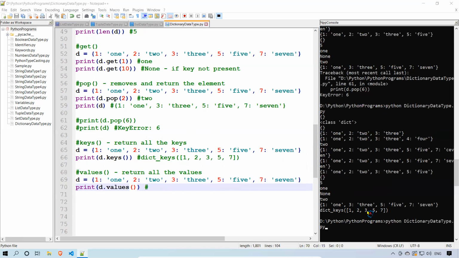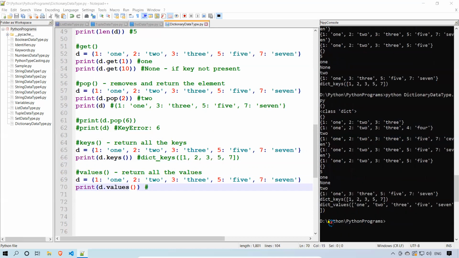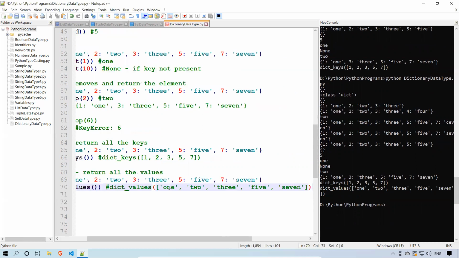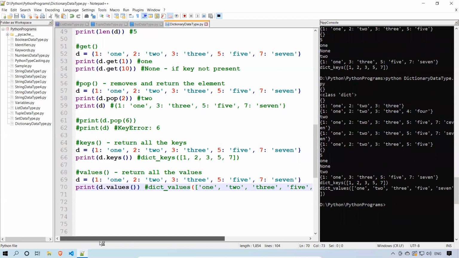When you run this, you see the same kind of output, but with the values. Dict underscore values, and you got all the values. Okay, so that is keys and values.